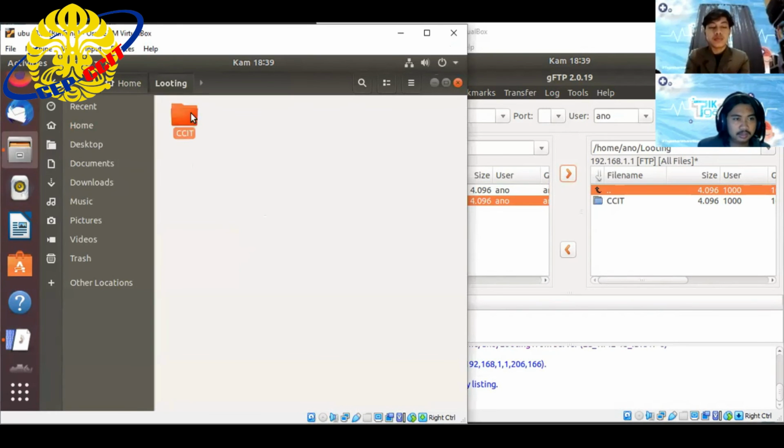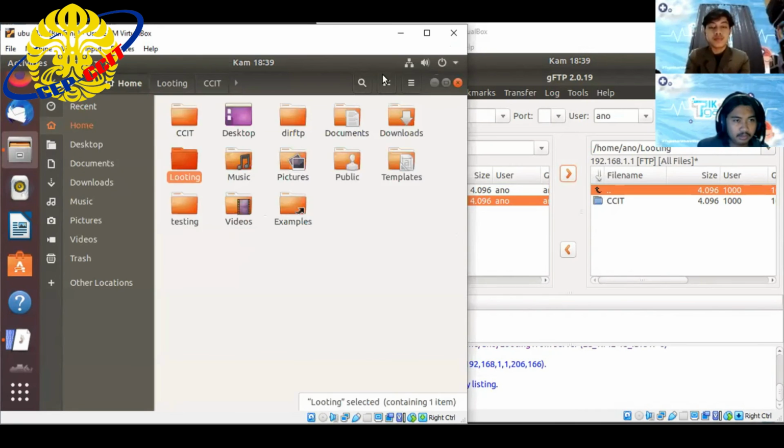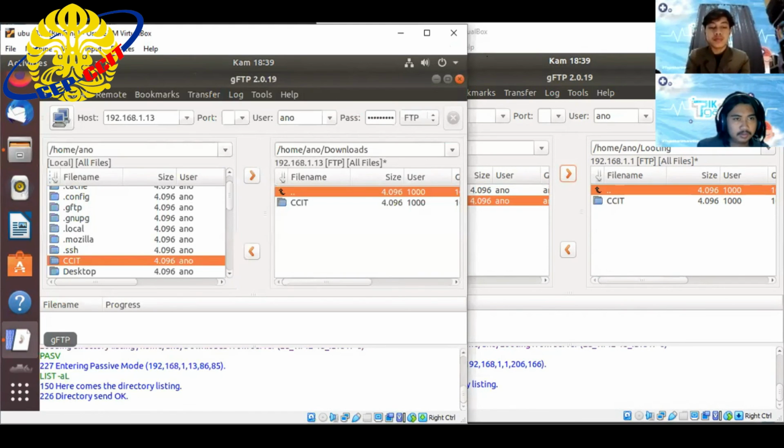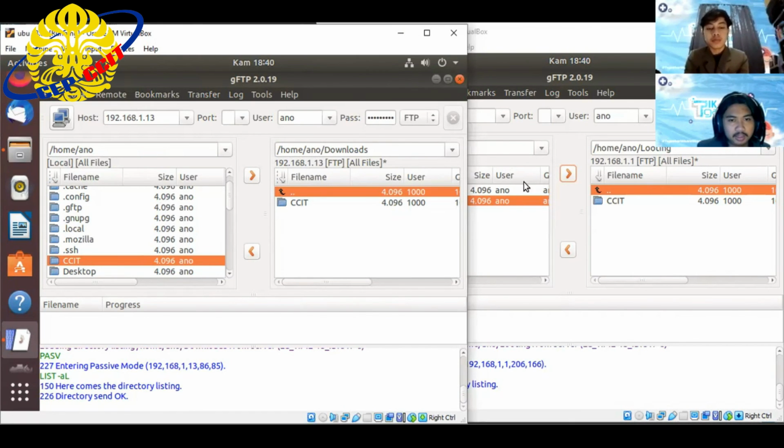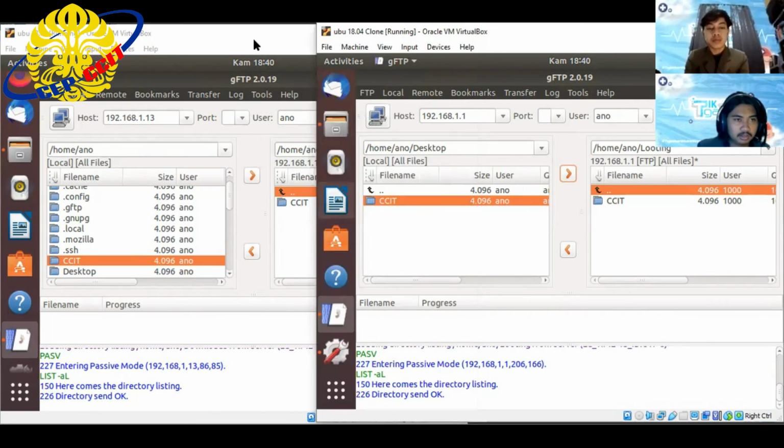That is the folder. And then we can make a file from this GFTP and then transfer it to the server.